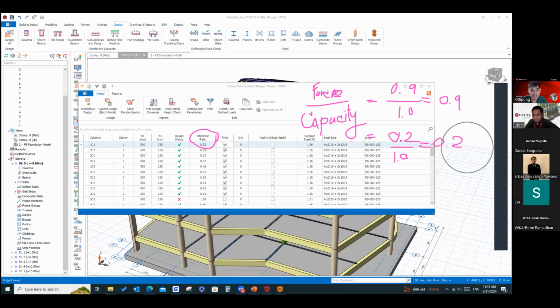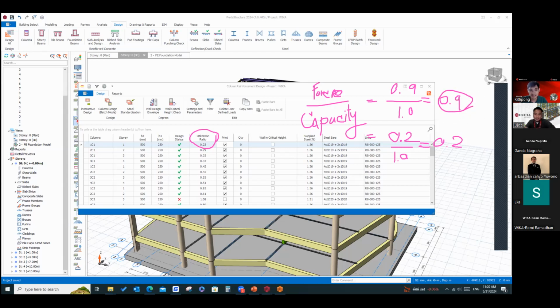If the ratio is less than 1, like 0.2 or 0.3, it means your cost is higher. You can reduce the section or the rebar, or change the section to make it smaller. But if the ratio is close to 1, it is an efficient design.